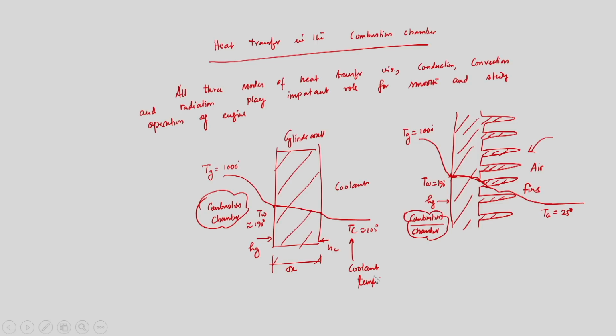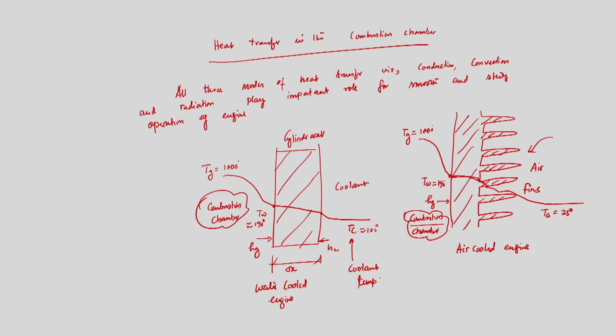So, this is an air cooled engine, and this is a water cooled engine. We have seen the air cooled engine and the water cooled engine. The temperature of the gas at combustion start is high, and there is a convection heat transfer to the cylinder walls. So, gas is there inside the combustion chamber, there is a convective heat transfer from the combustion product to the cylinder wall, there is conduction within the cylinder wall, and from the outer surface of the cylinder wall again there is a convection either to the coolant or, if it is air, into the air.